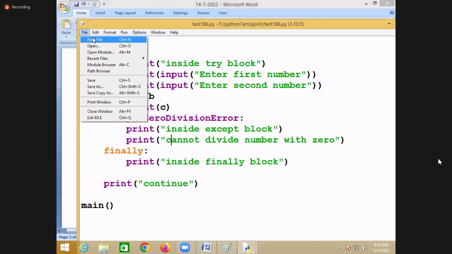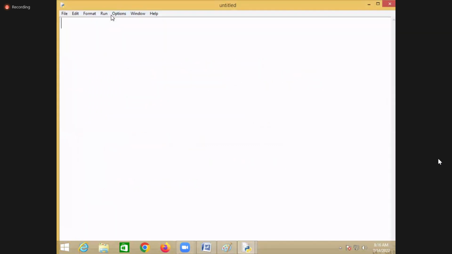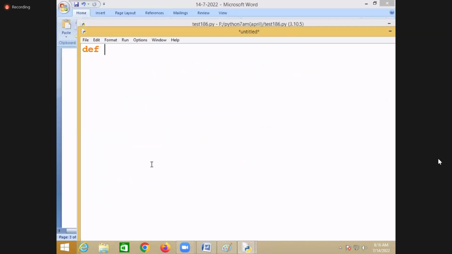What is the name of the function? Multiply is a function, and this function takes how many inputs here? Two inputs.